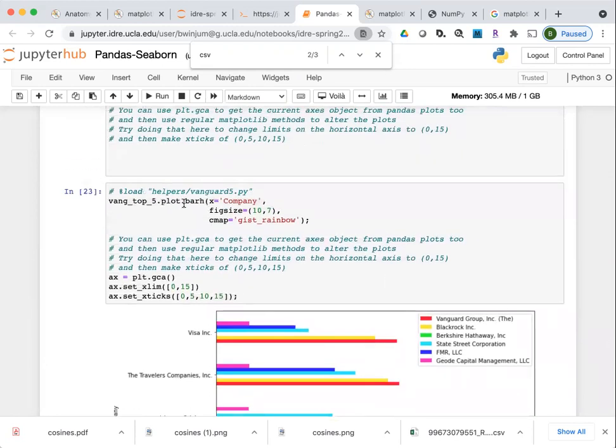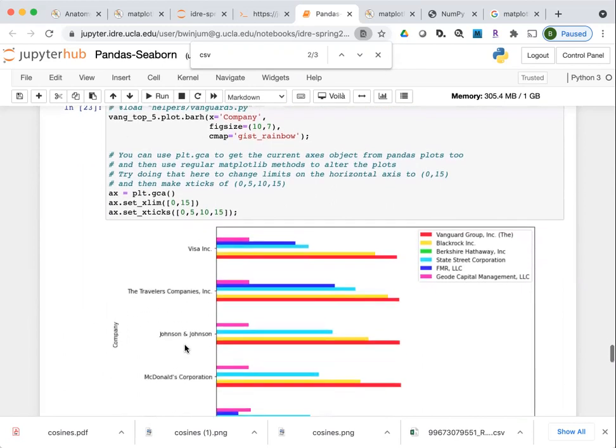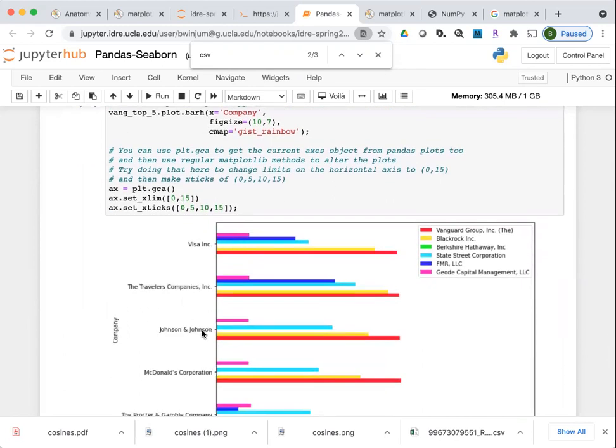So despite the fact that we generated this graphic with methods from pandas, we can still use matplotlib to tweak other elements of this if we want a little finer control over the graphic that it's generated.